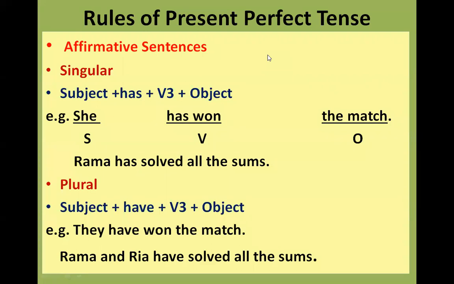So in that case, you will use present perfect tense. Next, form: how to write a perfect tense. In affirmative sentences, when we are taking a singular subject, the subject has the verb third form plus object. So whenever you are dealing with verbs, you must have clarity of the usage of the three forms